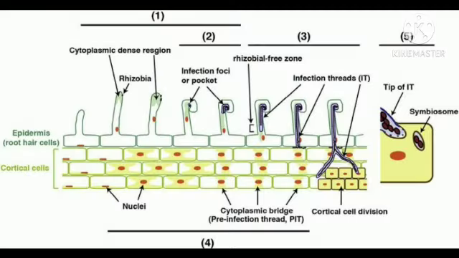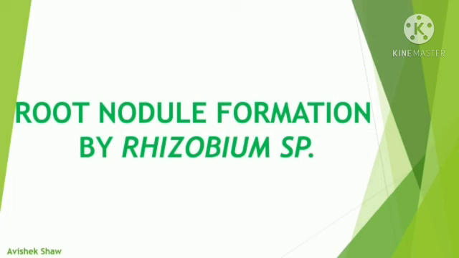But for that, we need to stop considering these things as boring topics, which most of us do. Learn in a different way, study in a different way. You will find even these things interesting. It's all about signaling molecules and it's all about genetics. Here we learned about different nod genes. This is not at all boring.